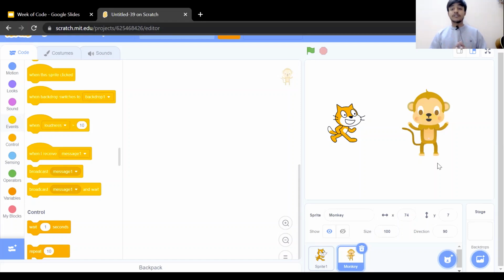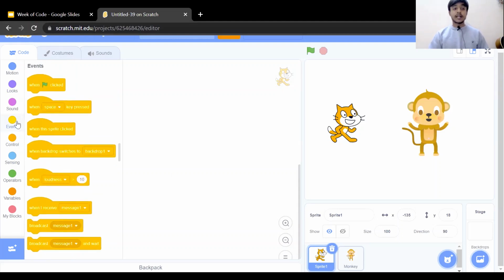Then in that situation, we can use the broadcast block and the when I receive some message block. So if I want to send a message from the cat side to the monkey side, then click on the cat, because I want to send a message from the cat side, and select the block. In the code tab, go to the event section and select the block